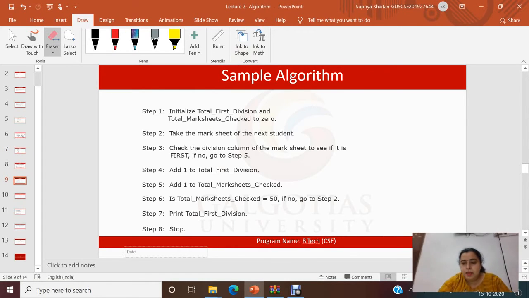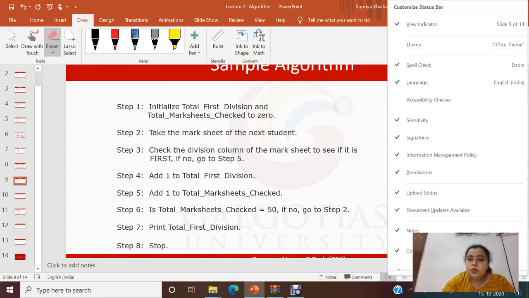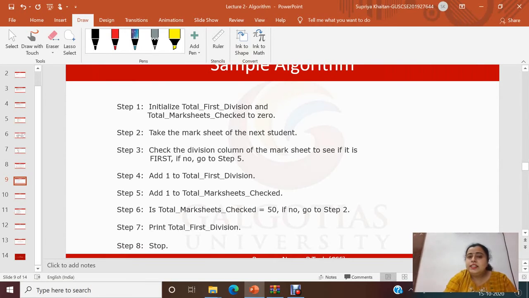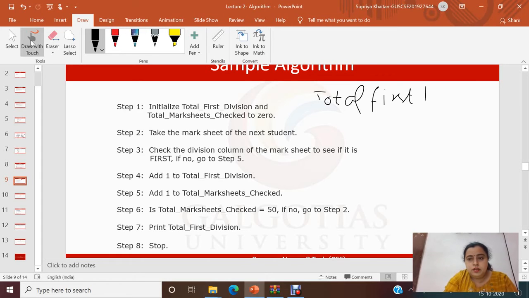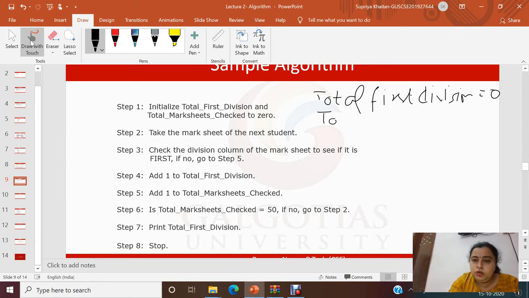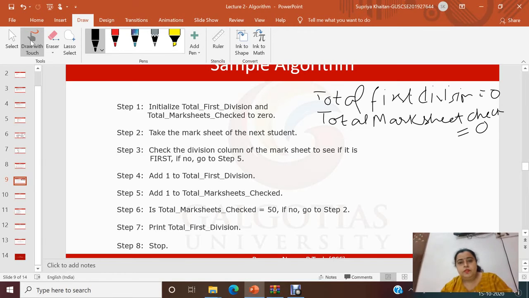So you can say that this is the same as total first division equal to 0 and total mark sheet checked is equal to 0. So it's exactly the same. We have written it in a statement form, right?